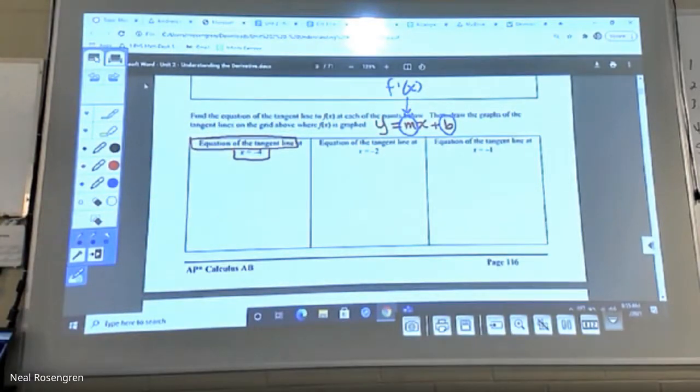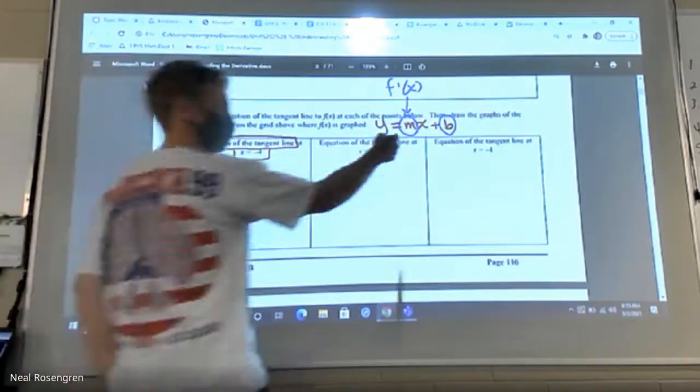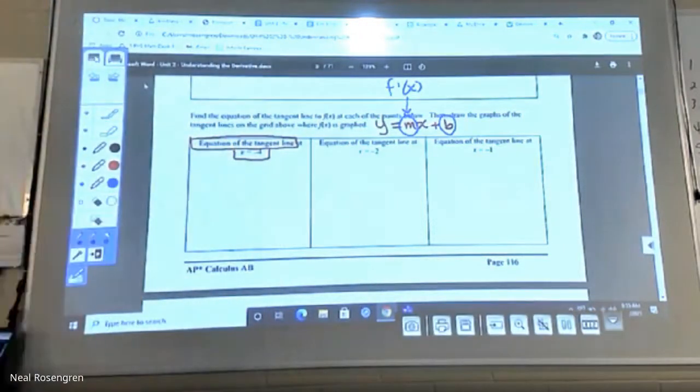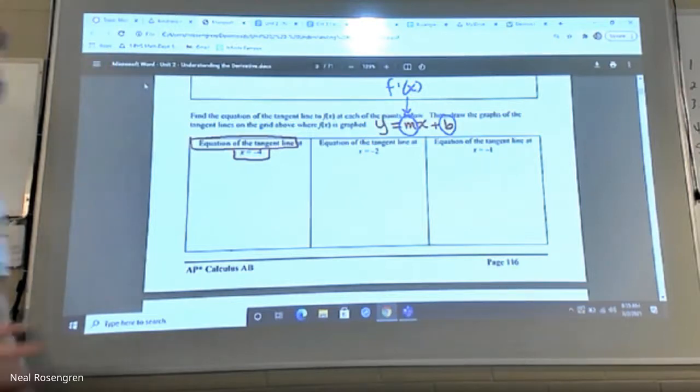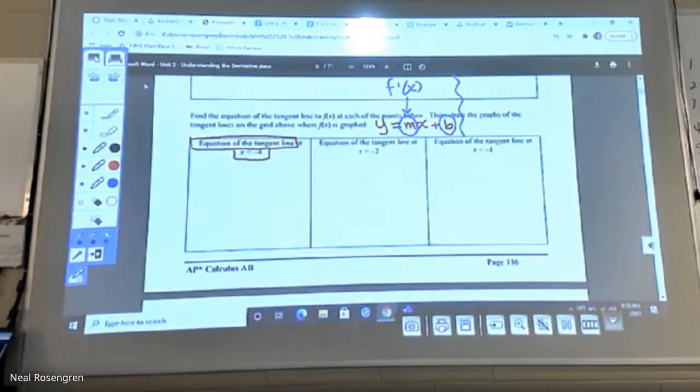But do we know the y-intercept? We just sketched out that blue line, that first one. We could estimate it, but we don't want to estimate. We don't want to be wrong. We probably have to solve for it, right? We'd have to plug in the x. Cool, I know that, the -4. We'd have to plug in the y, which means we'd have to go back to the function or go back to the graph and look for it, and then do a bunch of algebra to find the y-intercept. And that'd be fine. It would work, absolutely. But I think there might be an even easier way for us to write the equation of a line that doesn't require all of that algebra at the end.